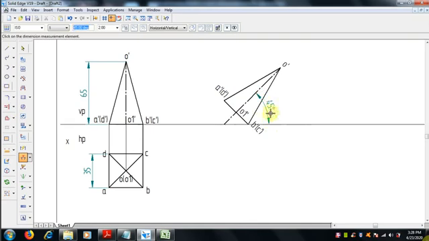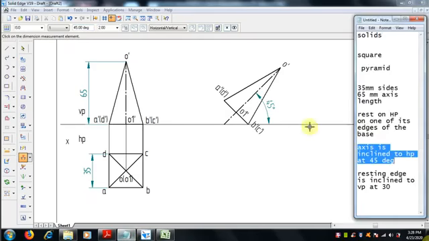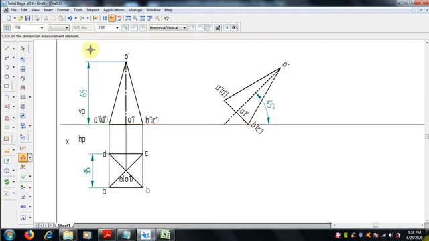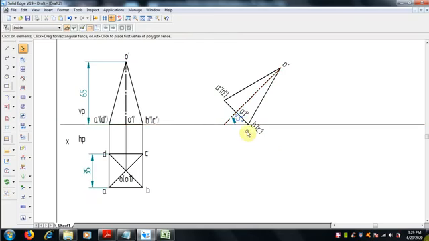Directly we are not selecting the axis to rotate, but we have selected the base of the pyramid, and the angle is 45 degree, so that 90 total angle should come. If the axis is 50, then we have to take 40 here. So there is an important thing we have to check when the axis inclination for the pyramid is given.